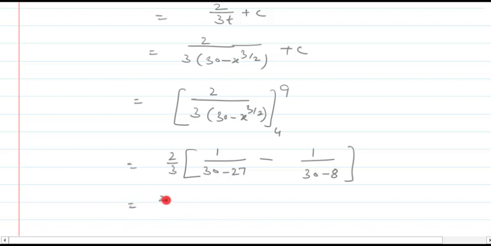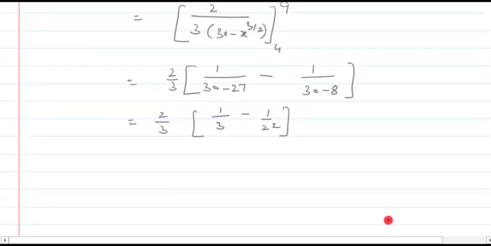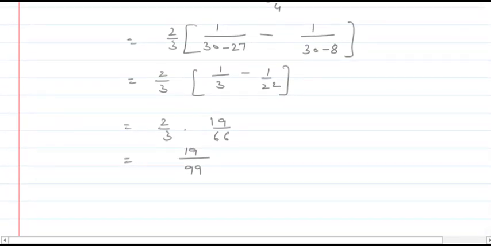So after solution, we are getting 1 upon 3 minus 1 upon 22, and now we are left with 2 upon 3 into 19 upon 66, and the final answer is 19 upon 99. So this is the way to simplify by using the first method. Now the second method is